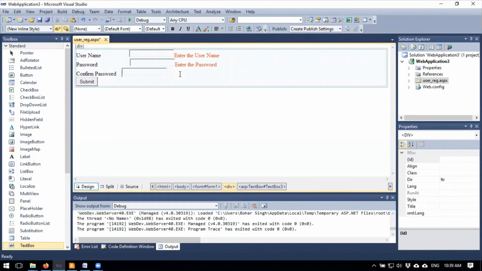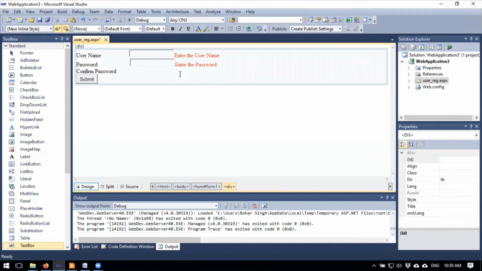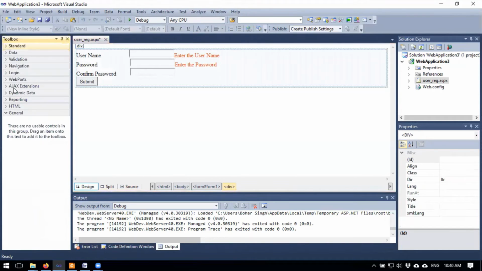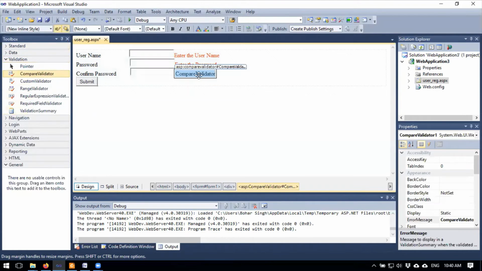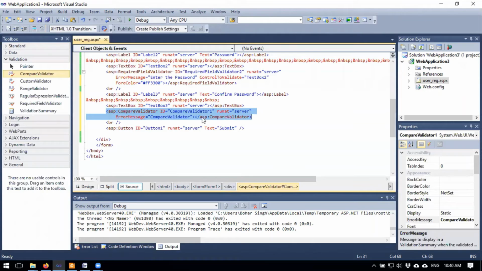And then now apply the field validation. Here is the compare validator. If I want to check whether you have entered the same password or not, then you can apply the compare validator. Go to the source part.